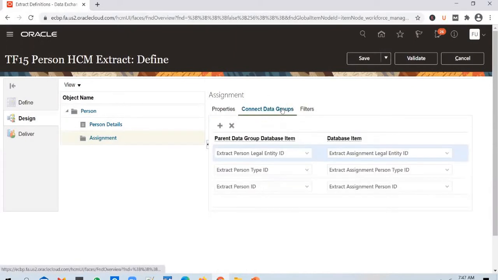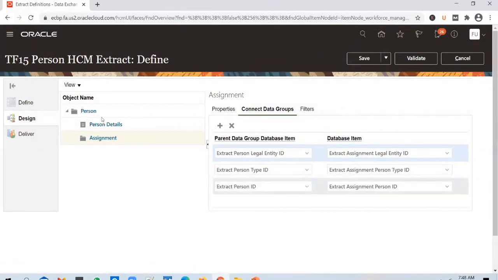Connect data groups. So this connect data groups will show up on the child data groups, and it will have links automatically created to the parent data group. So if you look at the links, there are some data links automatically generated. So what are the links? So it is linking up assignment person ID with a person ID.